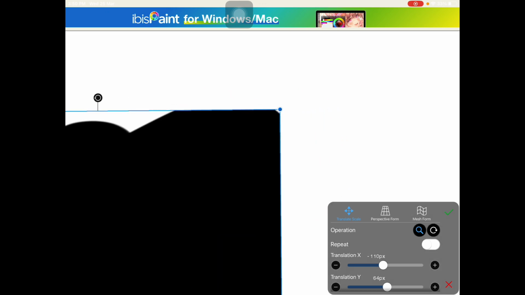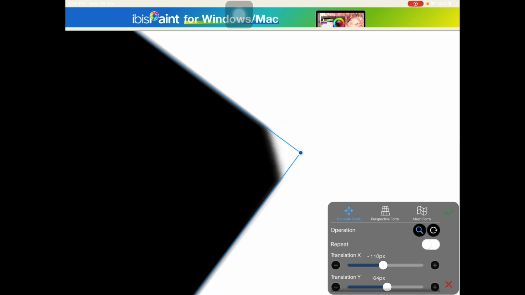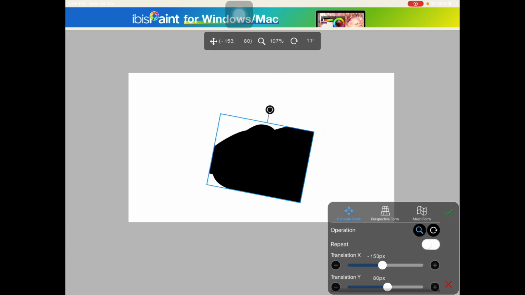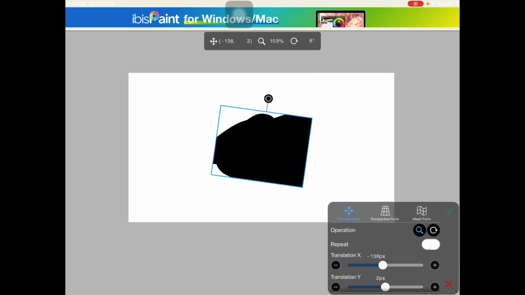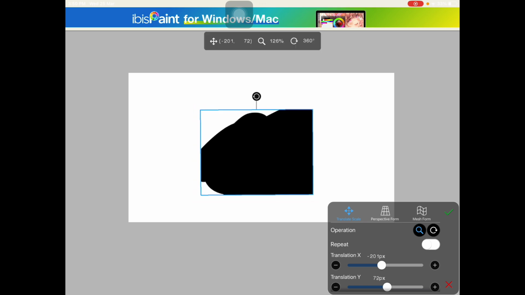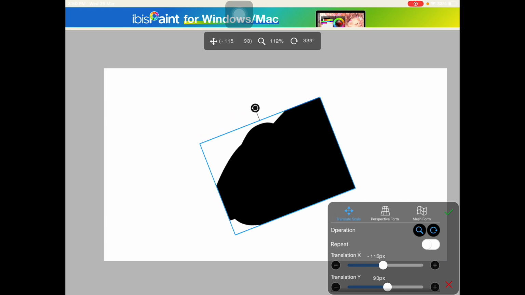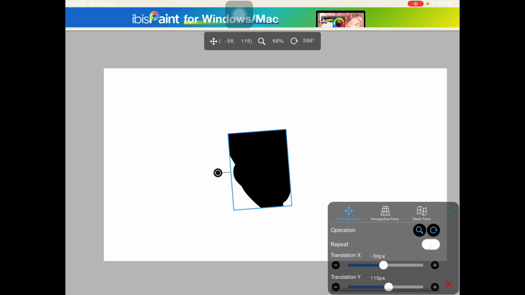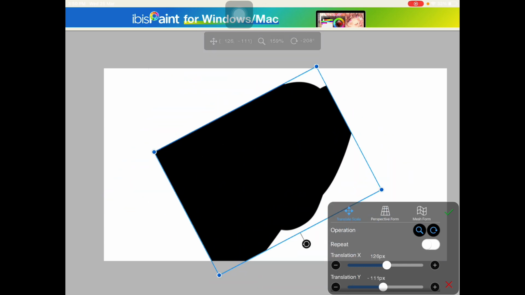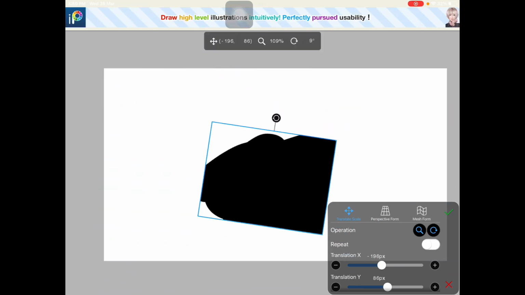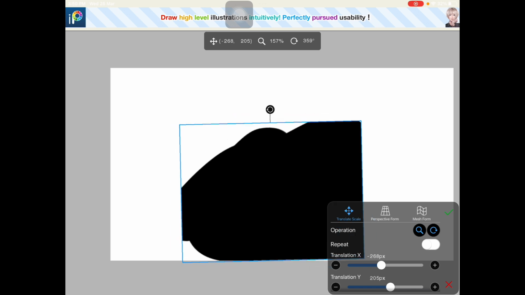Also you can use these pins, or these pointers, my bad, pointers, to transform it, rotate it, do whatever you want. Also you can do the same thing with your fingers. You're going to have to check this rotate icon, which means you can rotate using two of your fingers. So you can rotate it like this. Also you can scale it up or scale it down. Okay,